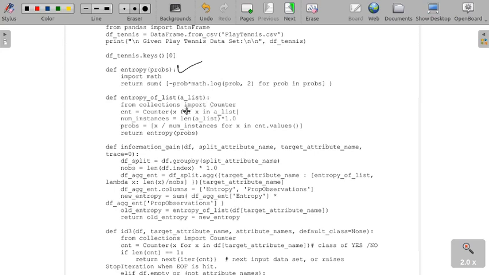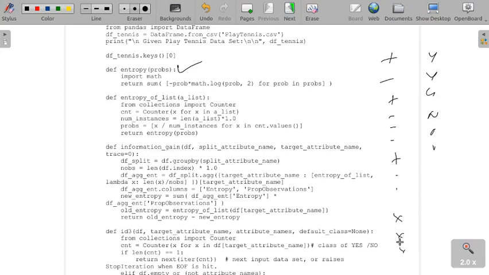Then first we have to segregate the number of positive examples and the number of negative examples, right? That is done by the inbuilt function Counter. Suppose you have positive and negative examples, or any other type of class with different symbols, for example yes, no, or maybe star.